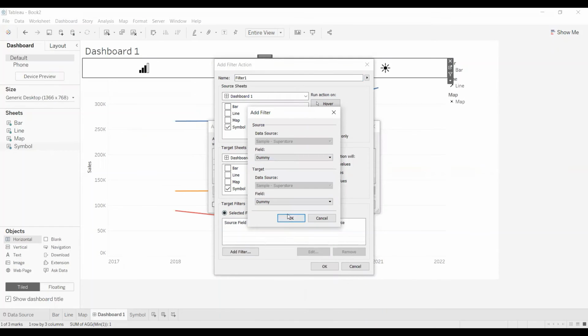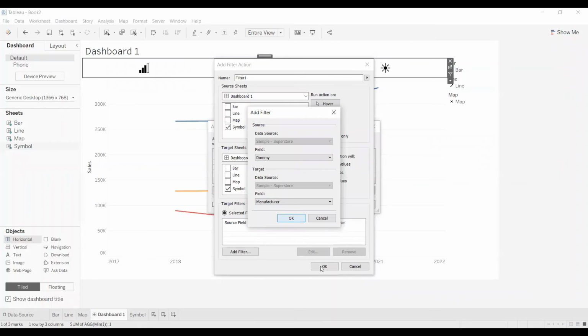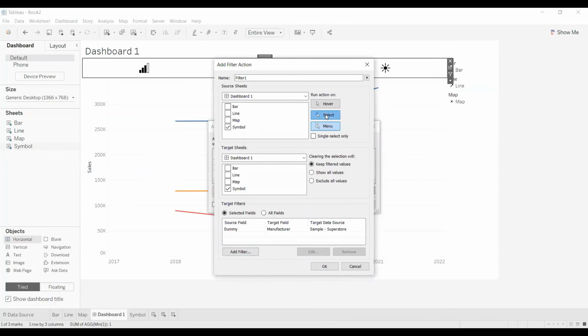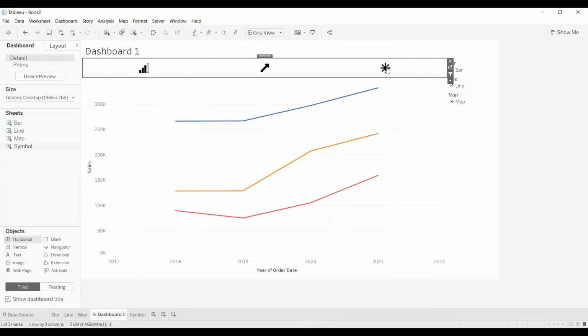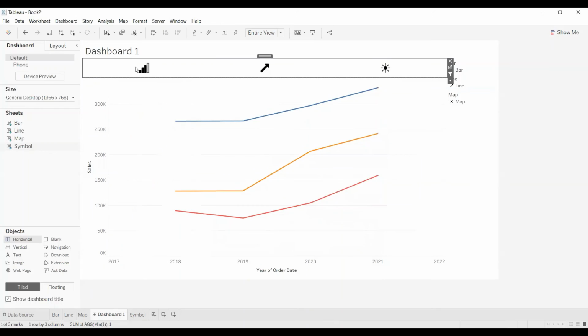From dummy column to target, you can give anything. Either you can use dummy or anything. Suppose I'm giving manufacturer and apply. Okay, choose select. Done. Now you can observe if I click on any of the icons,